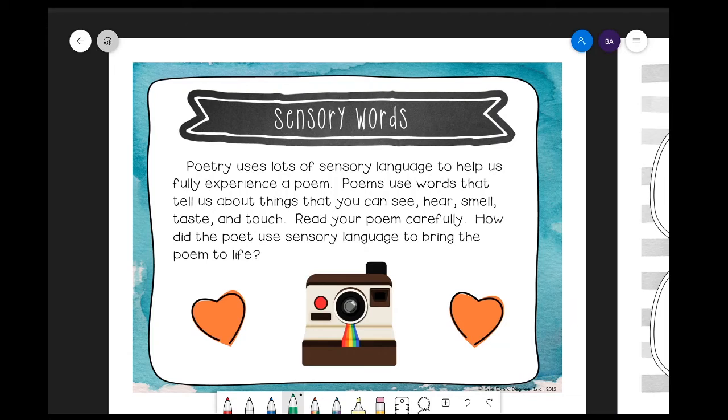Hi everyone. Today we're going to be going over your first few poems where we're focusing on sensory words. So, sensory words are all about our five senses. So, if you take a look at the worksheet that came with your three poems,